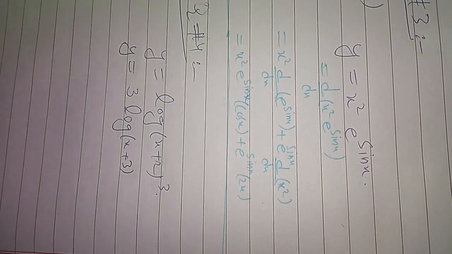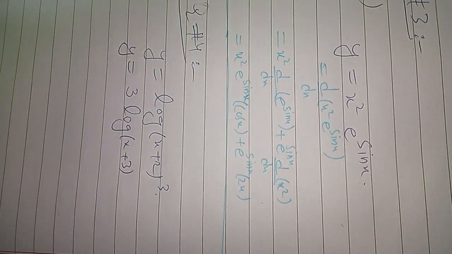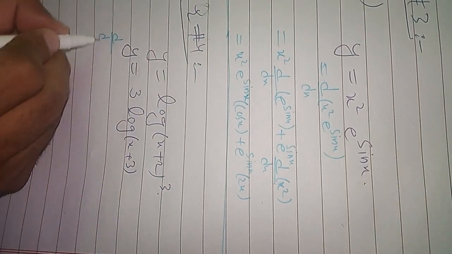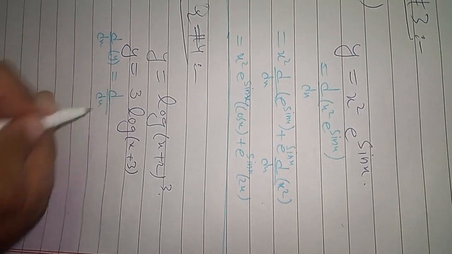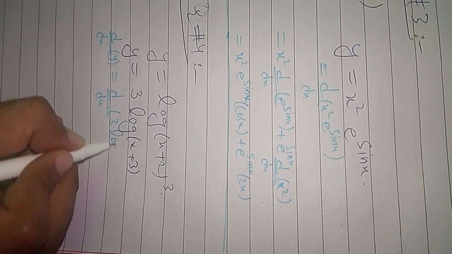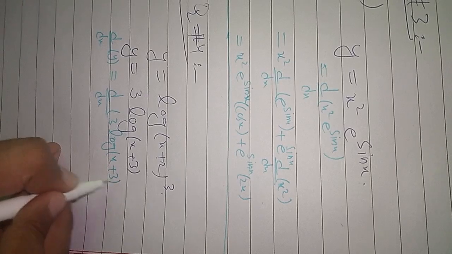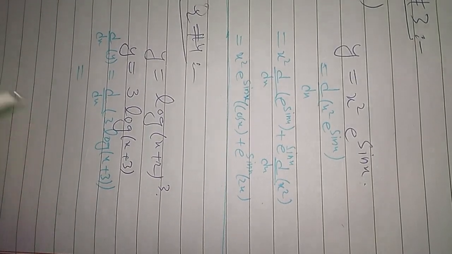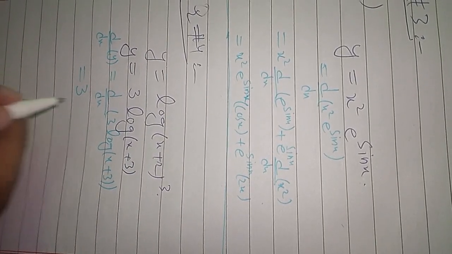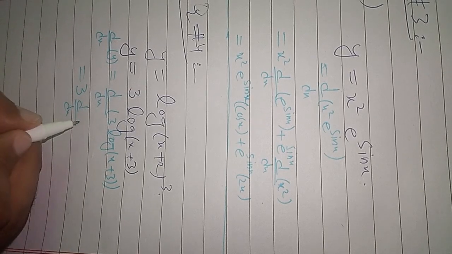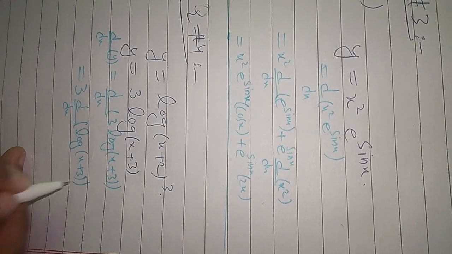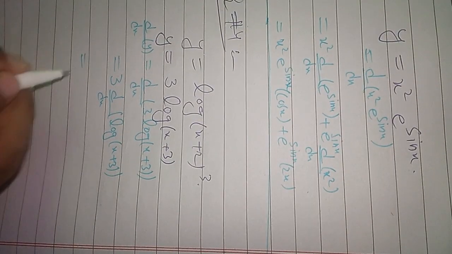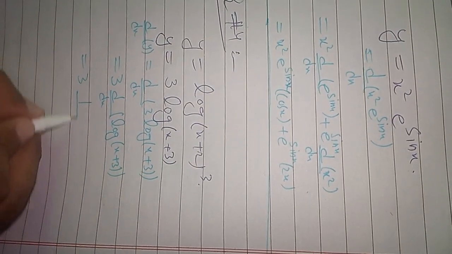After that, we are going to take the derivative of that function, and we are going to apply the derivative on both sides. So now we have applied the derivative on both sides, and after applying it, we know the property of the log: the derivative of ln x is 1 over x. So the derivative of the log of x plus 3 will be 1 over x plus 3,